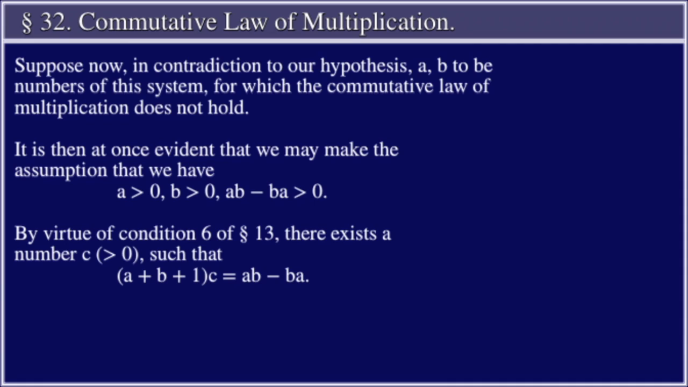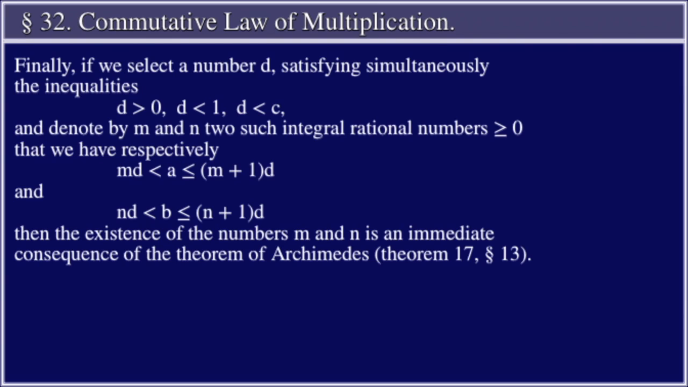By virtue of condition 6 of section 13, there exists a number c greater than 0, such that the quantity a plus b plus 1 times c is equal to ab minus ba. Finally, we select a number d satisfying simultaneously the inequalities d greater than 0, d less than 1, d less than c,